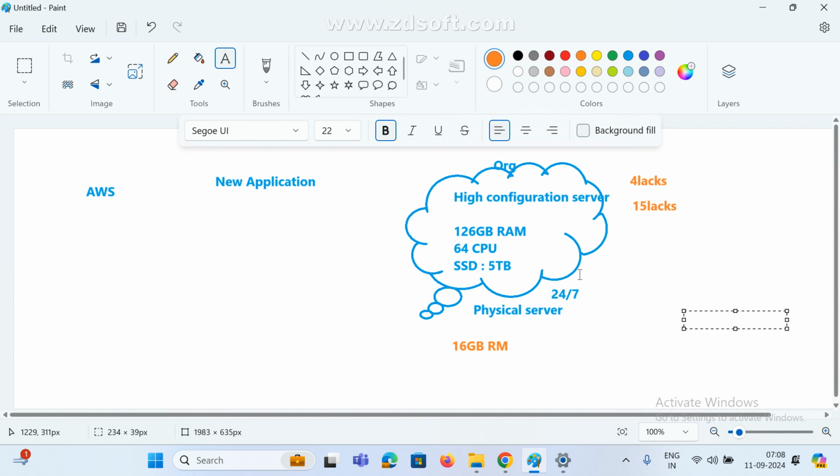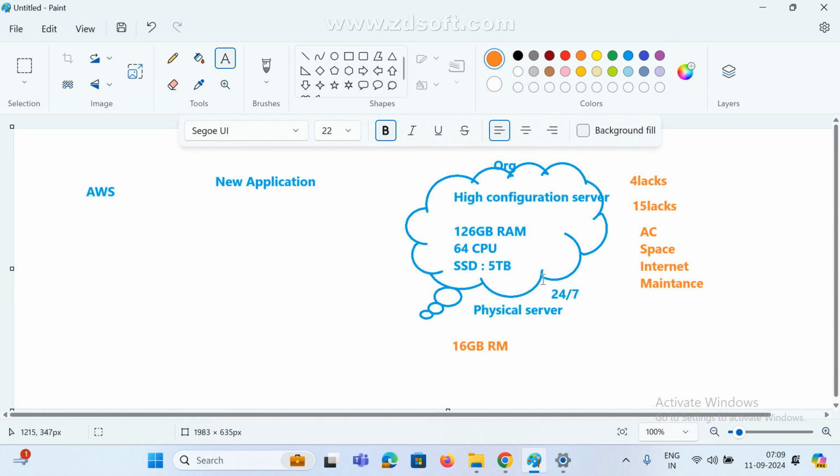I bought them, but we need to maintain them, right? In real time, to maintain these servers, all servers are kept in one separate place, and we also need AC, and we also need to maintain space and internet, and we need one maintenance guy. We have to look after all of these, correct? So in real time we need to maintain a lot of things. We need to spend a lot of amount.